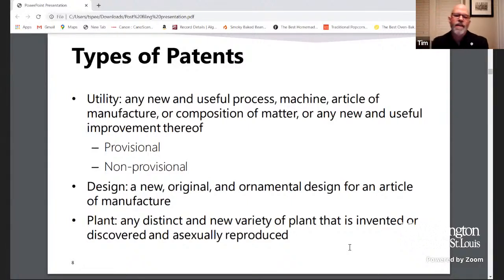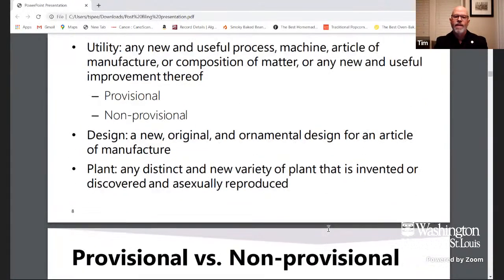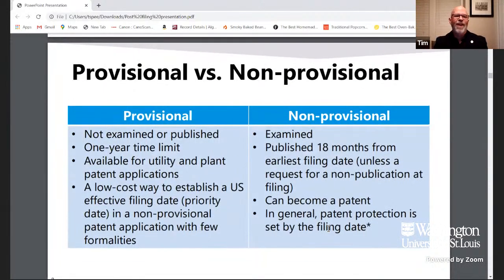Additionally, we have design patents. They're directed to ornaments for articles of manufacture. These are important as well. There was recently a big case involving Apple and Samsung over the design of cell phones. That was a big battle over design patents, and they were at the center of that. We additionally have plant patents. These are for asexually produced plants. I don't know if we have any plant folks in the crowd today, but those are available as well.